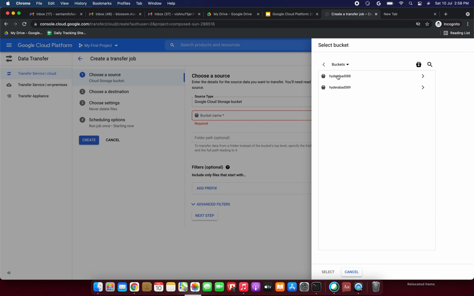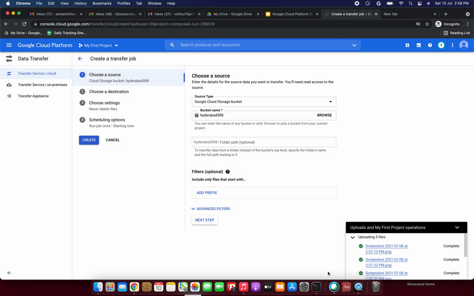Now I am going to select the source bucket, Hyderabad 588. Just select it, and at the bottom you can see the select option. Click select, and it automatically comes here with a tick mark. So this is a valid bucket. We can enter the name of any bucket or click browse to pick a bucket from the current project. Okay, so now I have done that.